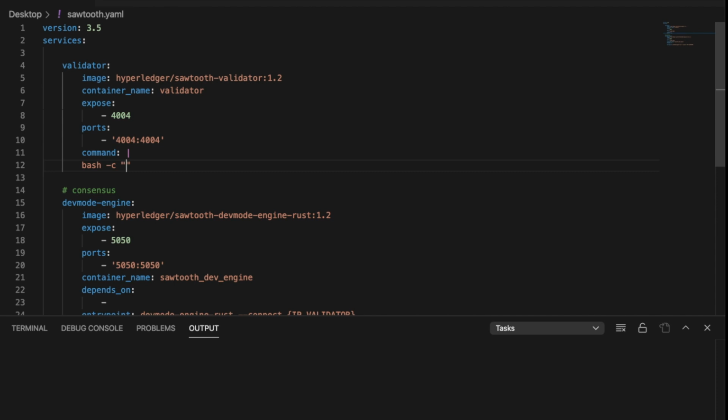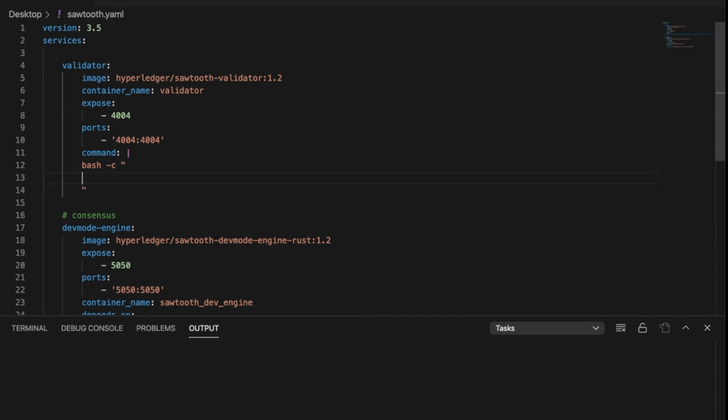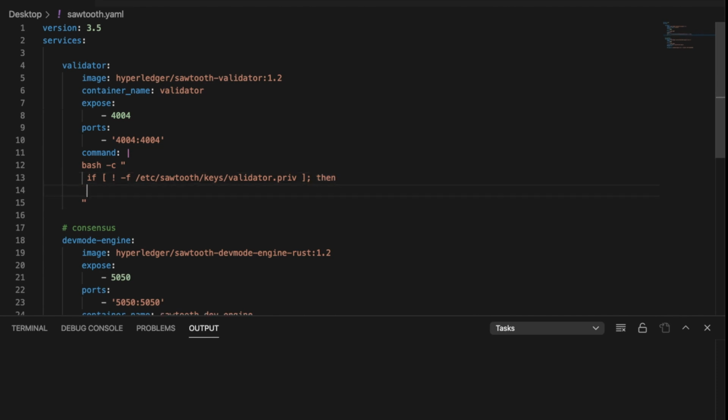I first check whether any keys exist for the validator or not, because if one exists we don't need to generate a new key. So I'll go to etc/sawtooth/keys and check for the validator private key. Because I mentioned the not flag, if it doesn't exist, then I will generate a new key by calling